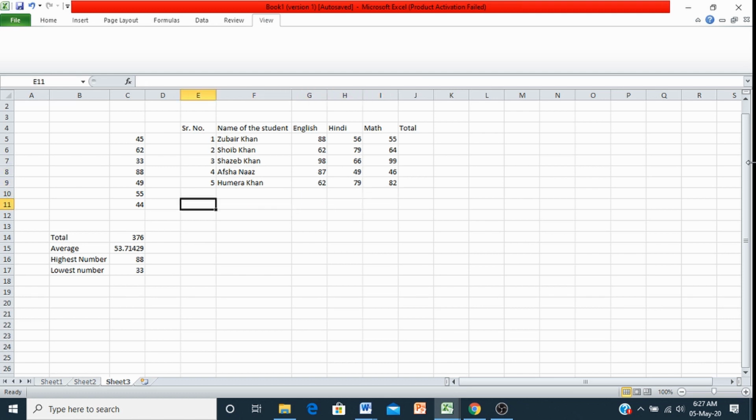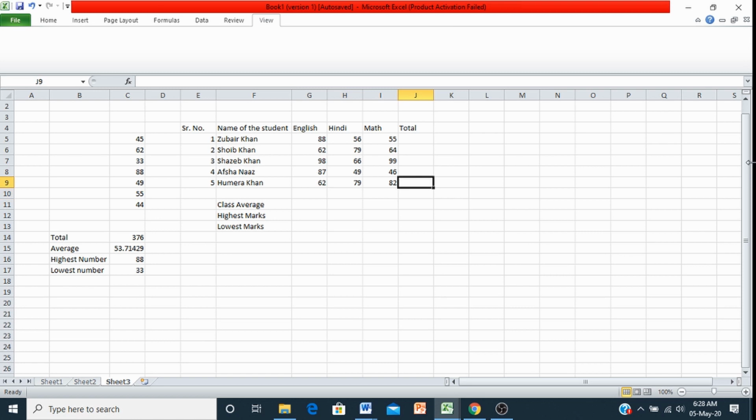Now here we will calculate their averages, class average for subjects. Class average, then highest marks, lowest marks.